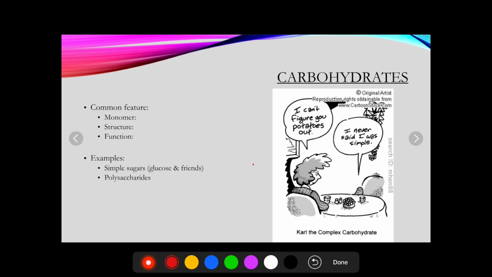So carbohydrates do have a monomer. The monomer itself is a carbohydrate. The polymer is a carbohydrate. What is the monomer for a carb? Monosaccharide. Mono meaning one, and sac, that S-A-C-C-H, meaning sugar or sweet. So a monosaccharide. And there's a bunch of different monosaccharides. We're going to break them down and look at it. The structure is just a repeating unit of monosaccharides over and over again. And mainly the function is going to be used for